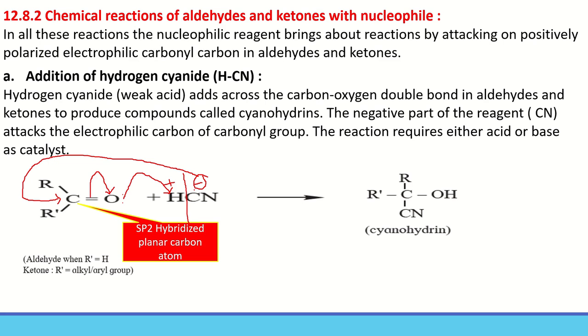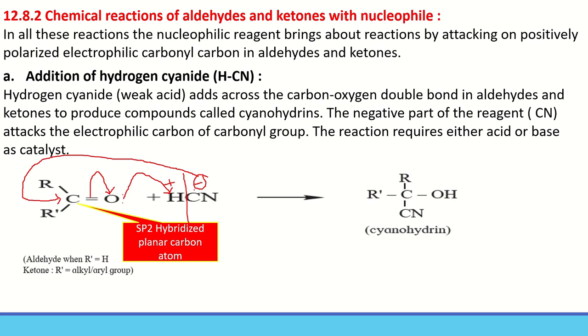How does this actually happen? We know that in Markovnikov's addition reaction, what was the statement of Markovnikov's? When an unsymmetrical alkene reacts with an unsymmetrical reagent, the negative part of the reagent will approach the carbon which carries fewer hydrogen atoms. But in this structure, there is no hydrogen. Correct? So this law will not be applicable here,